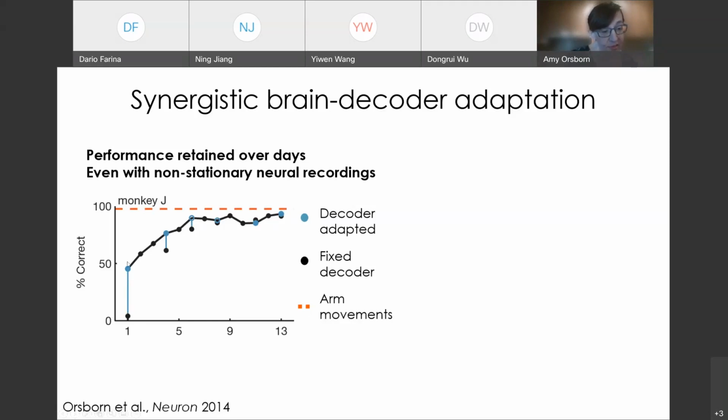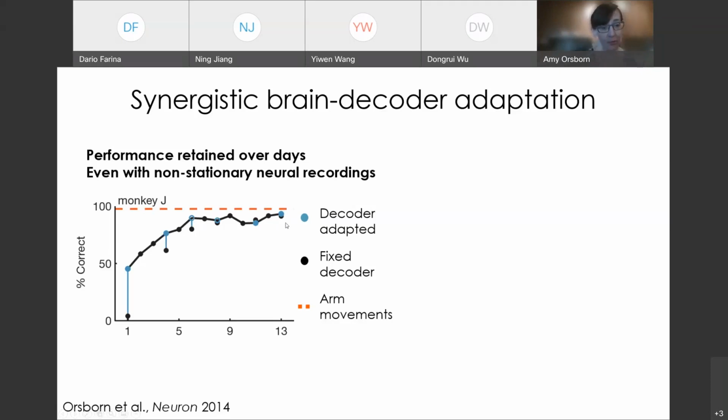So we use that adaptive algorithm to boost up performance. In this example that I'm showing you, we purposefully didn't adapt to full good performance because we wanted to see if the brain could continue to learn from there. And then we keep the decoder fixed whenever possible. But if we have a change in neural activity due to recording instabilities, we can use adaptive decoding to make small gradual changes over time. And that's what is shown by these other blue dots.